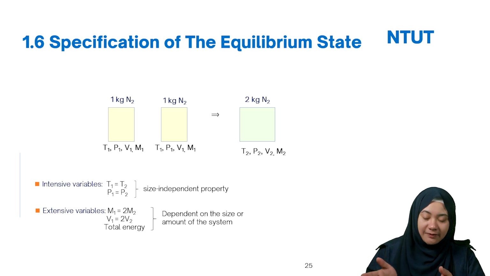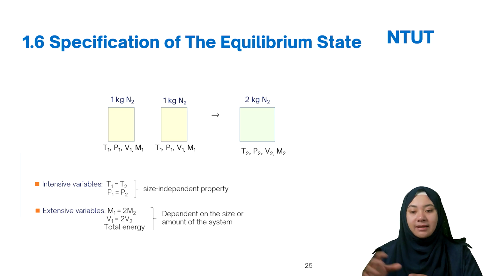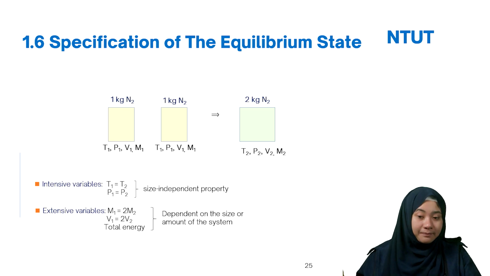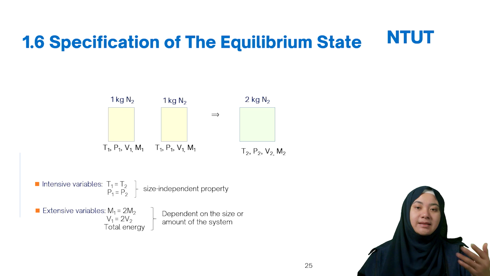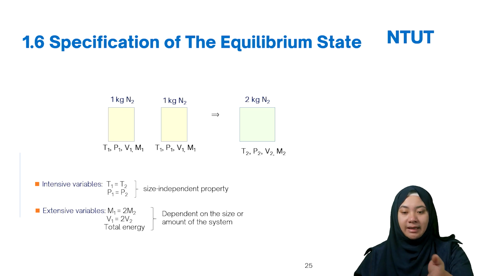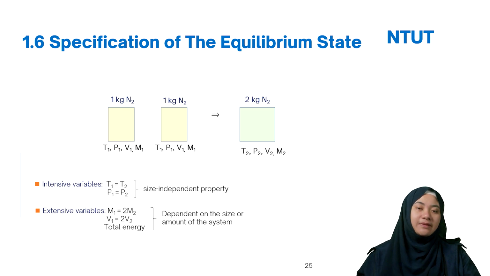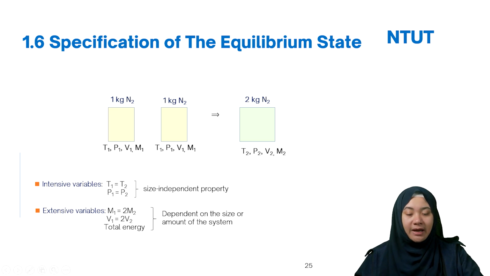But an extensive variable depends on the size. For example, I have 1 kilogram and 2 kilograms. It's different, like mass and volume, or total energy. These are extensive variables. If I put 10 liters, the total energy is of course different from 2 liters. This is an extensive variable. So if you have similar properties, like 1 kilogram of nitrogen, you have T1, P1, V1,